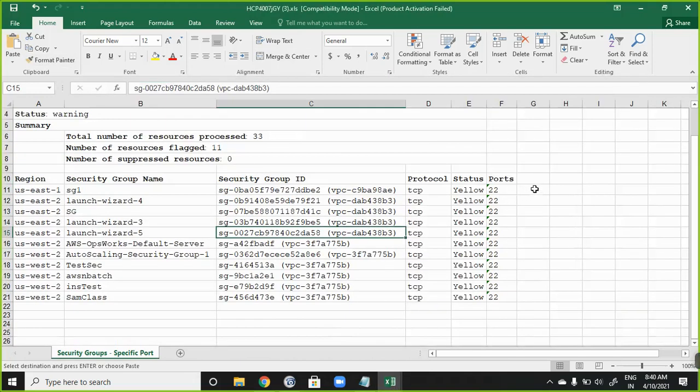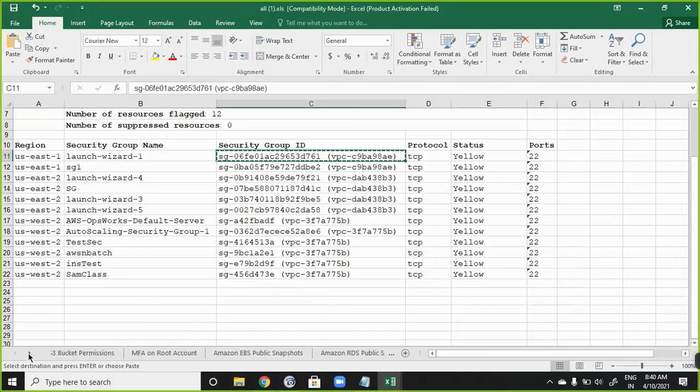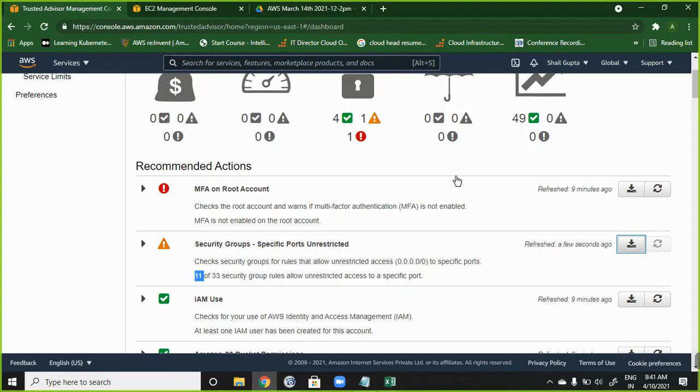Let me copy this also here. See, it's not here because I fixed the security. It means there is no concern from AWS side about this, right? And the same action you can take for any other thing that is mentioned here. But for that, in many instances, you should know that component and you should know how to take the action, right? And that is the reason you are learning AWS with me, right? So this is about Trusted Advisor. It gives you the report of not only the security, rather everything.